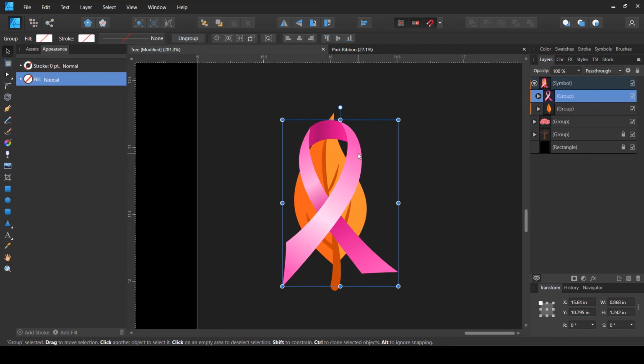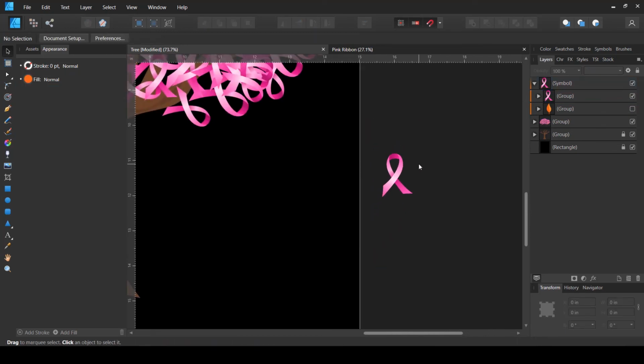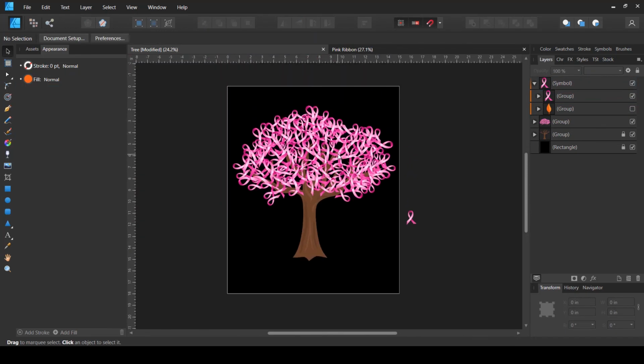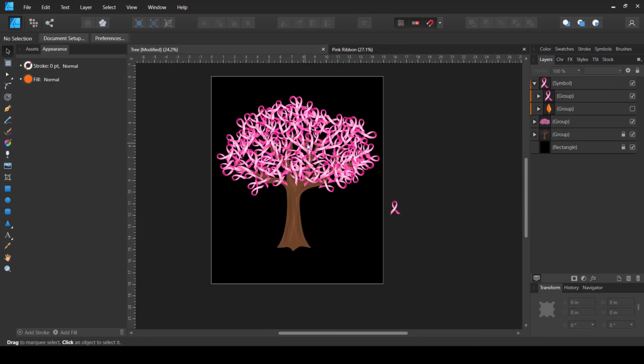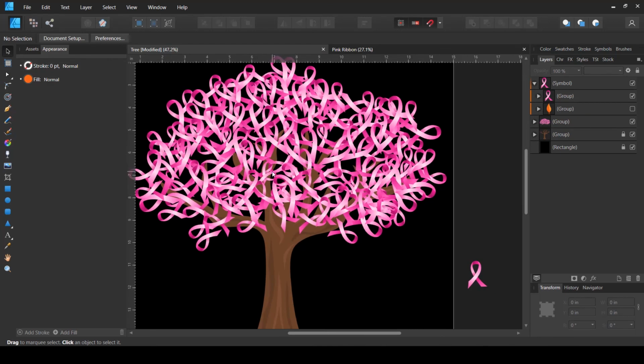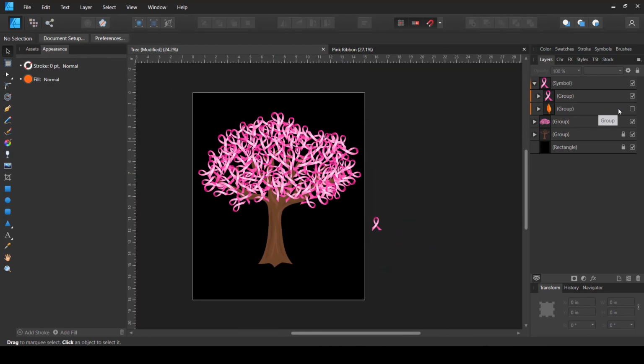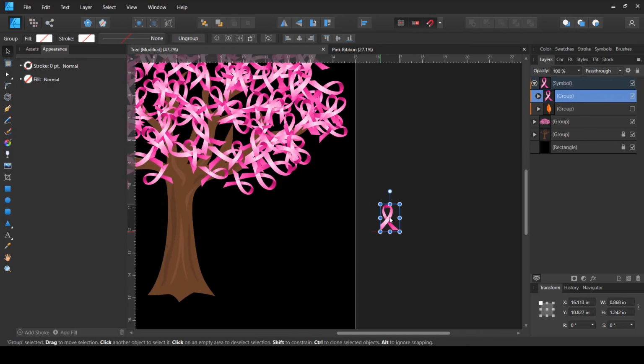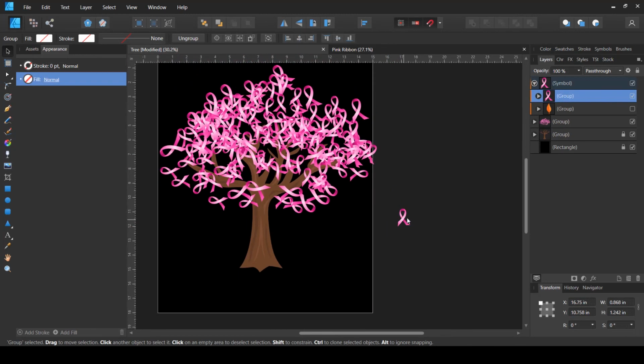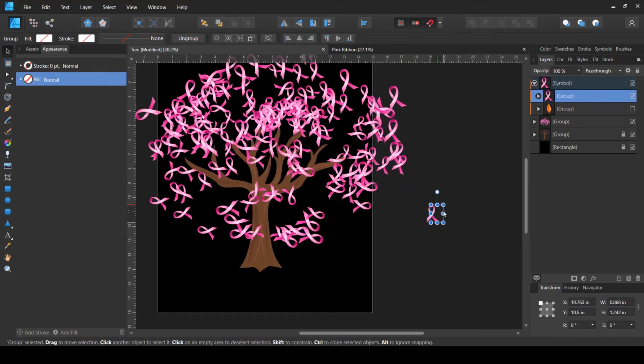It doesn't matter, but still, then we are going to hide the leaf, and if I zoom out, now you can see that the whole tree is filled with these pink symbols. And if you want to make it wider, you can move it to a different location and see how it looks.